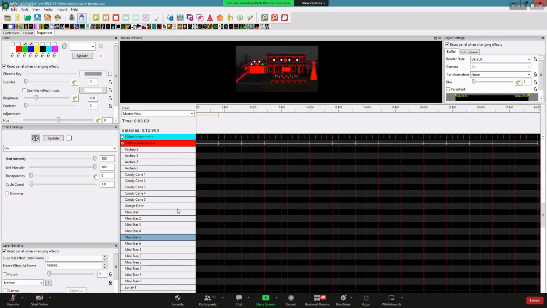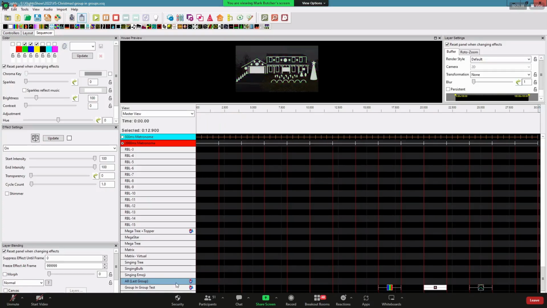Something I do, and I know a lot of other sequencers do, is they have this group down here. It's another all group, at the very end, and that allows you to do some different things. For example, let's put an on effect here. That basically controls everything. A lot of times you'll use this to fade out the entire display, and not have to worry about putting fades on each individual element. I can come down here, use black and put a fade on it, and it'll take control over the whole sequence.